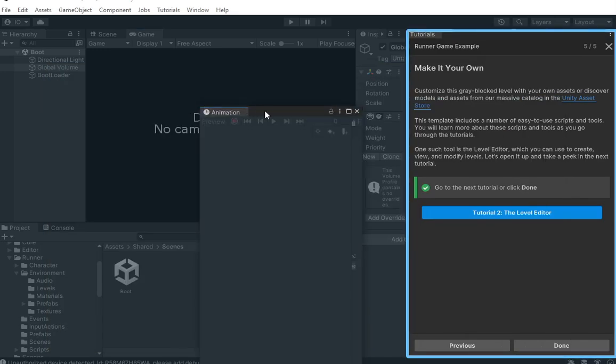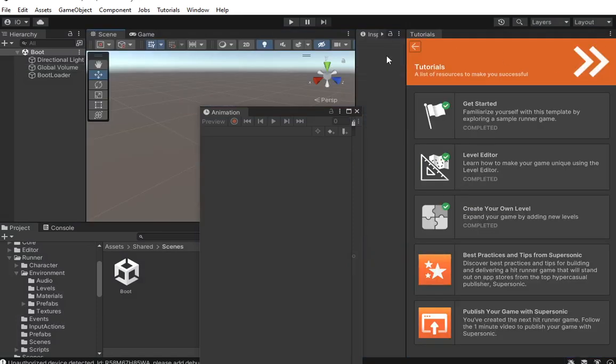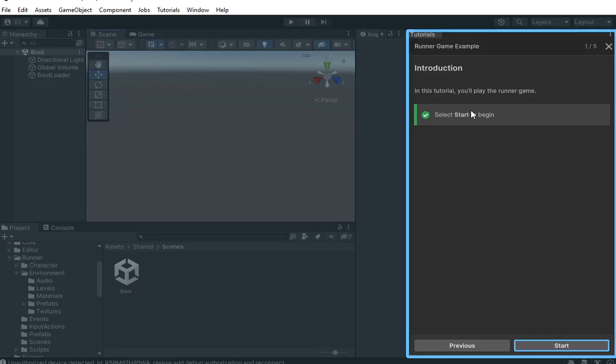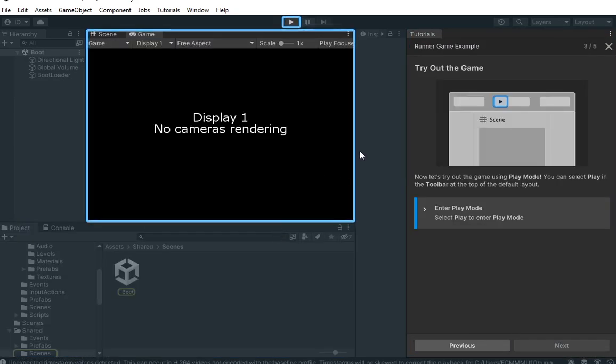For beginners, I will advise you to follow the tutorial. So you activate the tutorial and then the tutorial will be shown here. If you don't want to follow the tutorial, exit the tutorial. And if you want to complete the tutorial, just click this again, get started, until number 3, so it doesn't take long. Okay, so the get started, select start to begin at the bottom right, then it will conduct the guide by